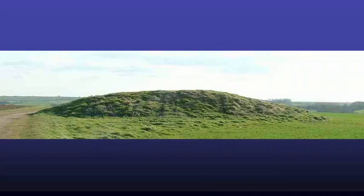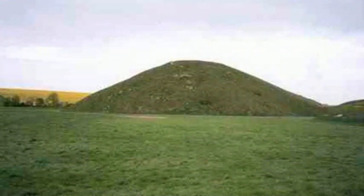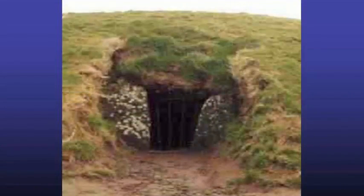The next one we're going to talk about is barrows. Barrows are mounds, and they exist in America as well as in England. The ones that I'm showing you now are all going to be in England. It doesn't look like much except just a big round dome. But the interesting part is, and you can see how pyramidal that one is, the interesting thing is that many